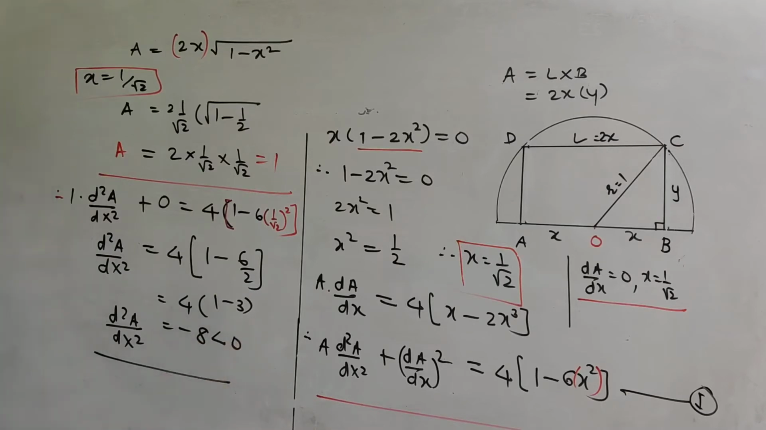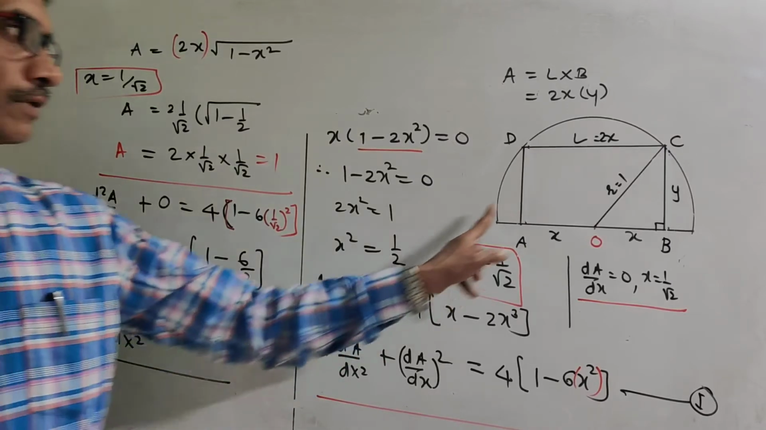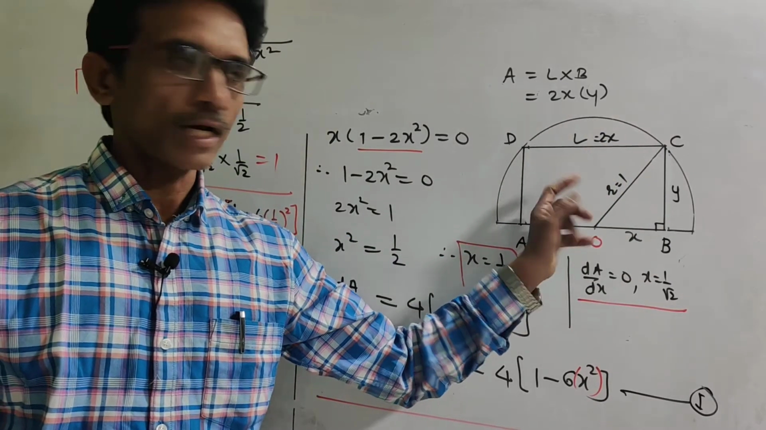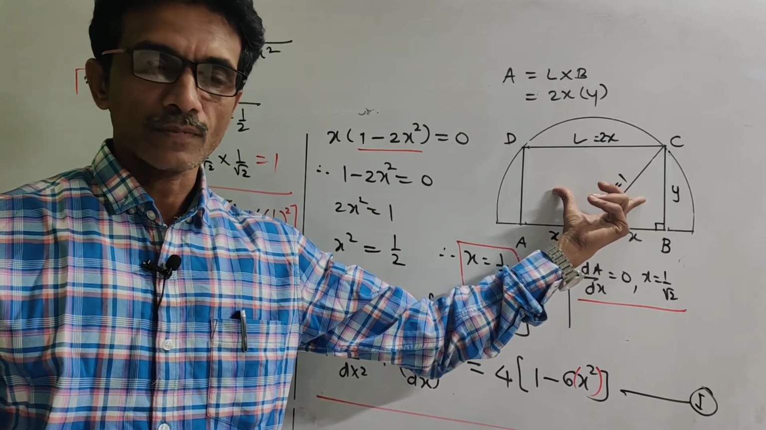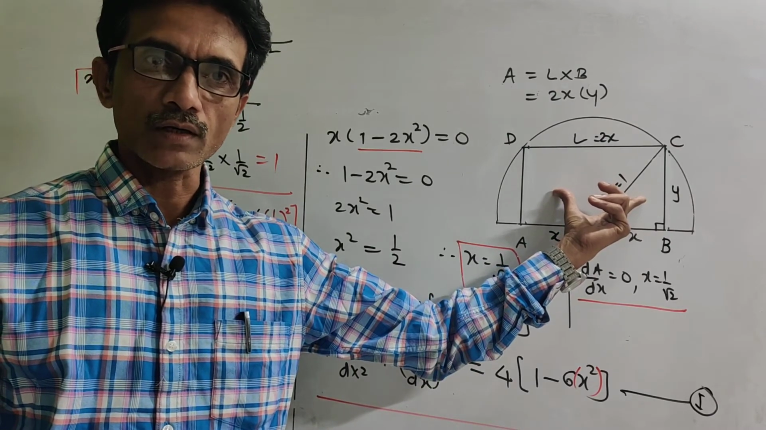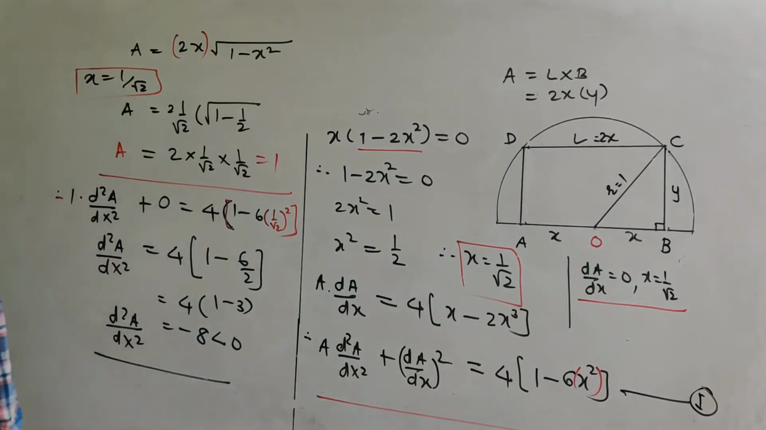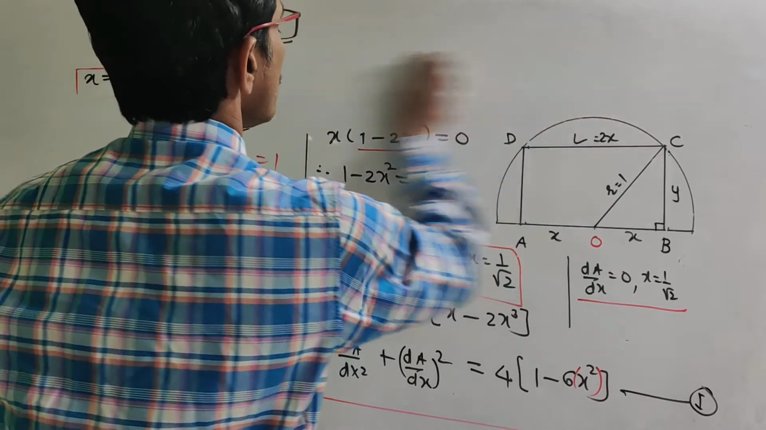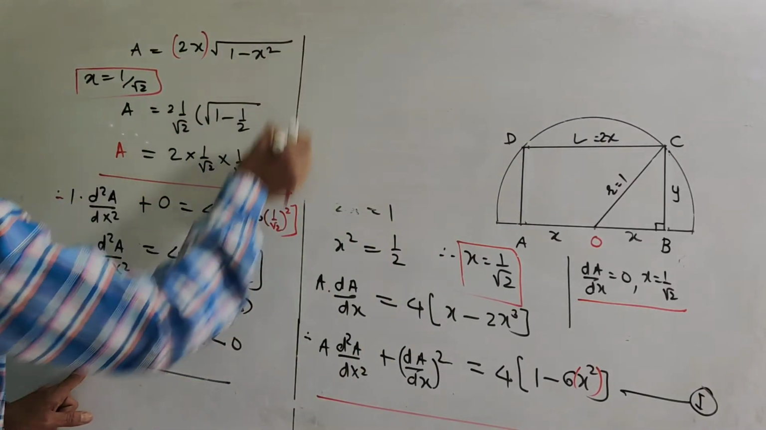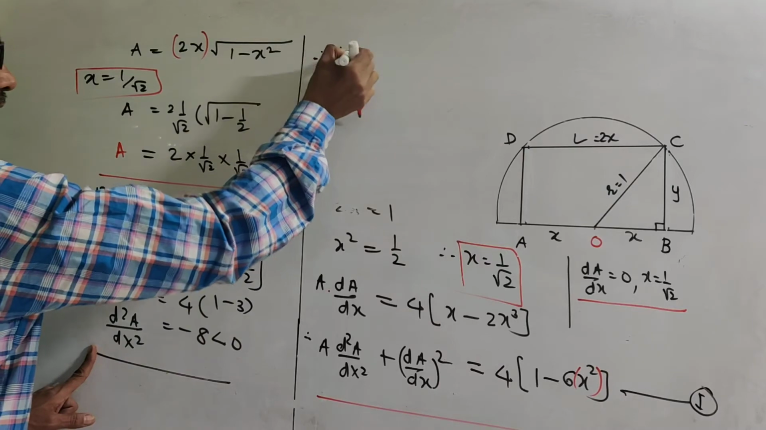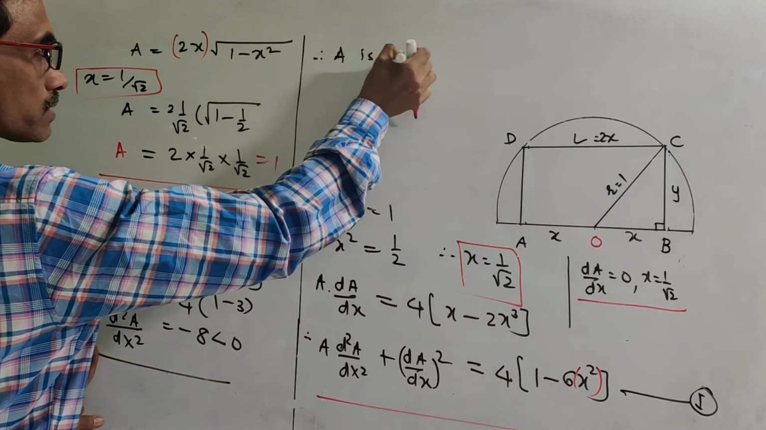Negative. Now as the second order derivative is negative, this means the area is maximum. That is, the size of this rectangle is maximum, the size of the rectangle is large. So therefore, for the dimensions we required, the area is maximum for